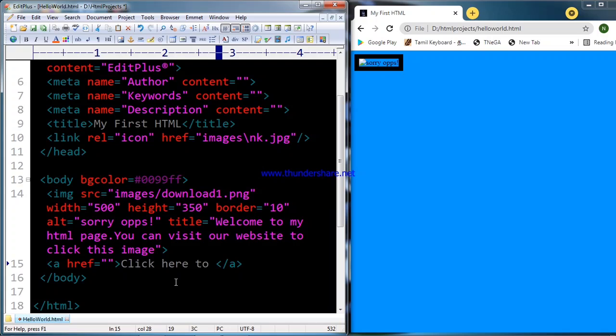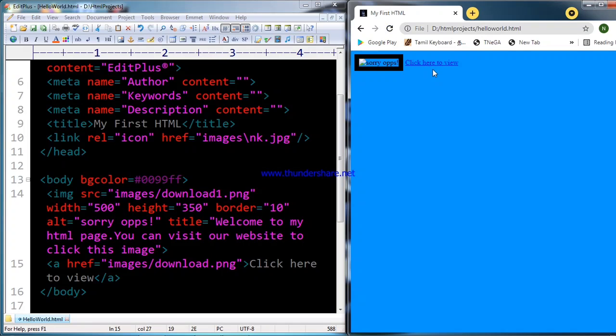And then the final thing is the anchor tag. An anchor is like a hyperlink. Whenever you use the anchor tag, you have to give href as a mandatory attribute. For example, a website is a collection of web pages, right?